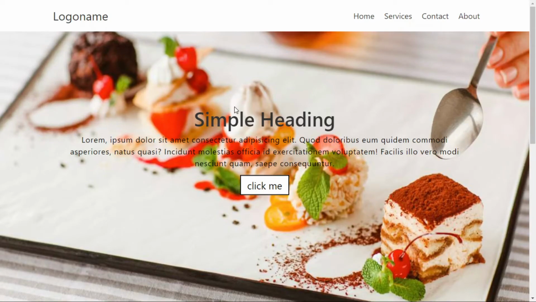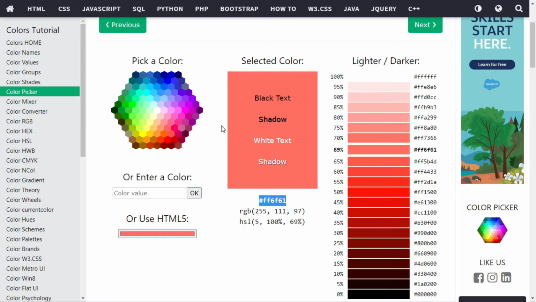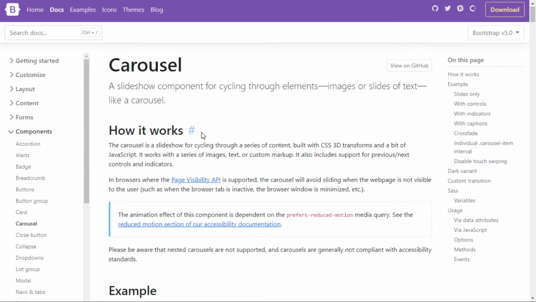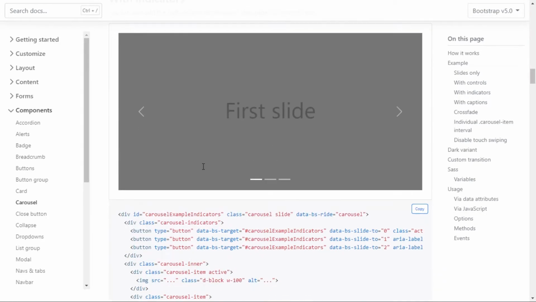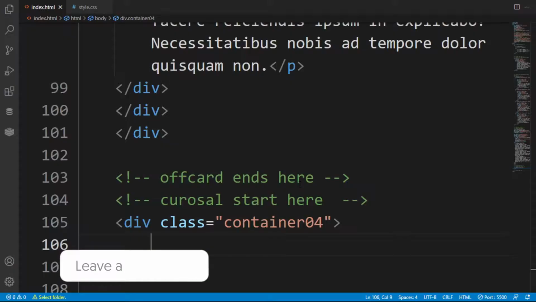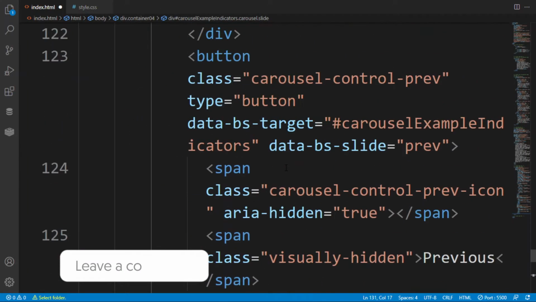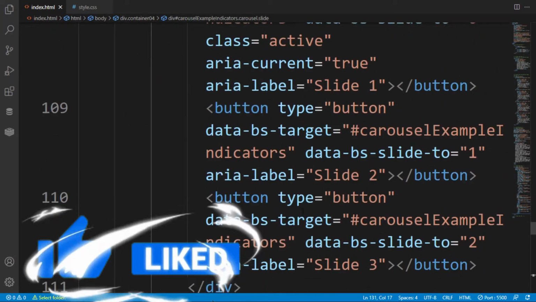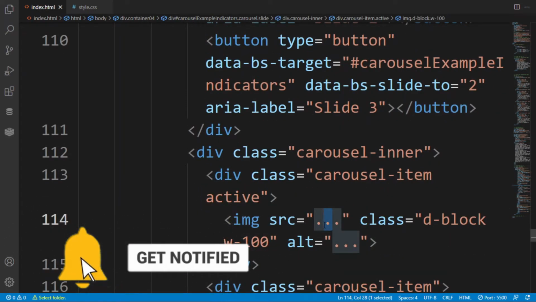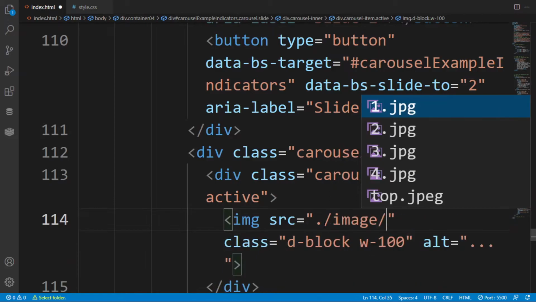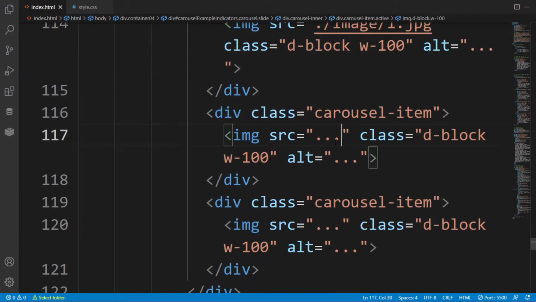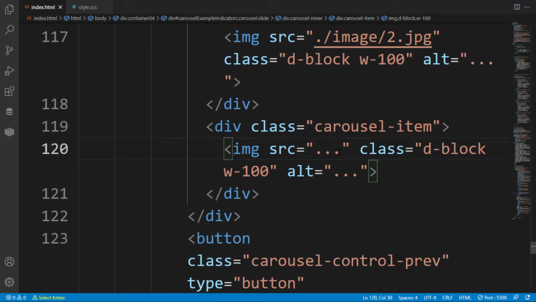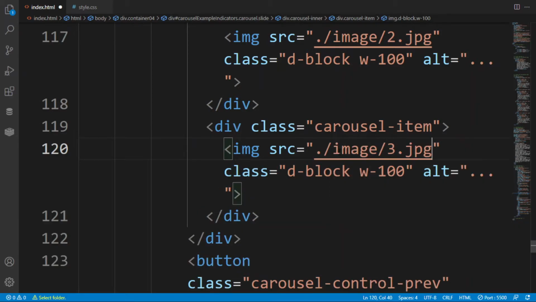Now going back to the Bootstrap, here in the components, there will be the carousel option. Let's select it, and here you have to come down, and I want this thing in my web page, so paste it here. And here you have to just change the source of the images that you have in the image folder. I will provide the link, or you can say all the things of this tutorial, in the description. Here 2.jpg, and here you can put 3.jpg. So after saving it,